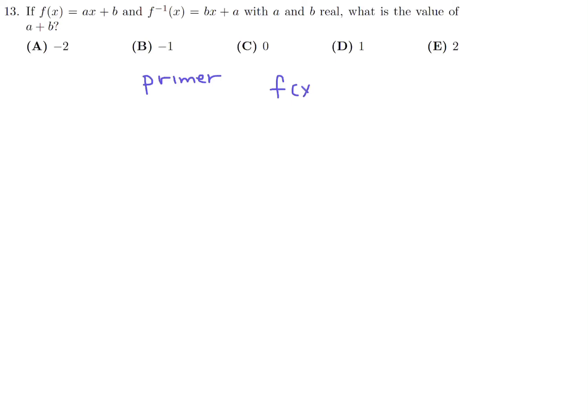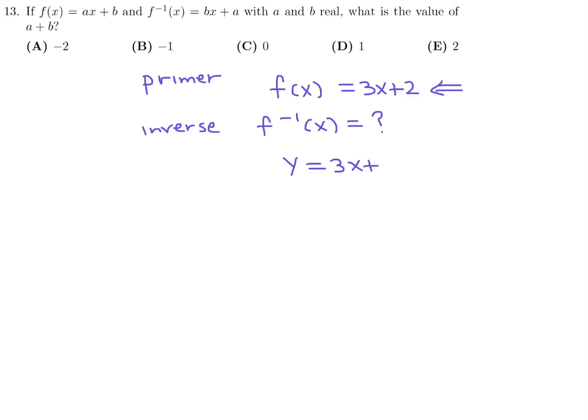If you have any function, let's say 3x plus 2, and they want you to find f inverse of x, what does that mean? It's the inverse function. And the way you do that is you take your original function, write it out as y equals 3x plus 2, and then just flip the x and the y's. So put an x where the y is, and put a y where the x is, like that. And isolate for y,